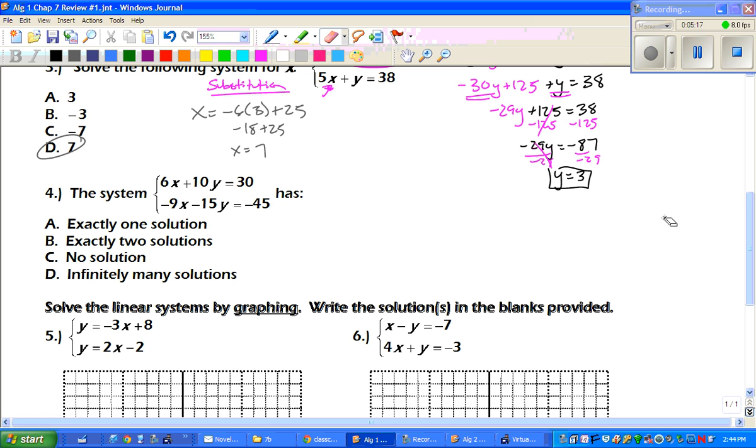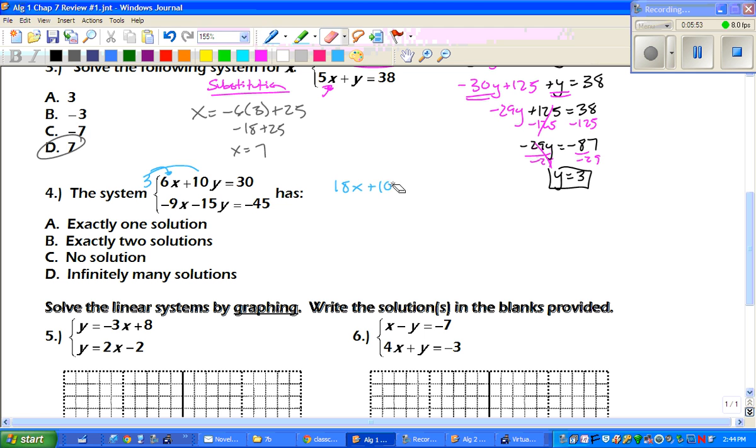All right. Number 4, they want to know what the answer is. So what do I want to cancel here? We can cancel the 6's, the x's, or the y's. I'm going to go with the x's. I know that both 6 and 9 go into 18. So I'm going to multiply my first equation by 3, which gives us 18x